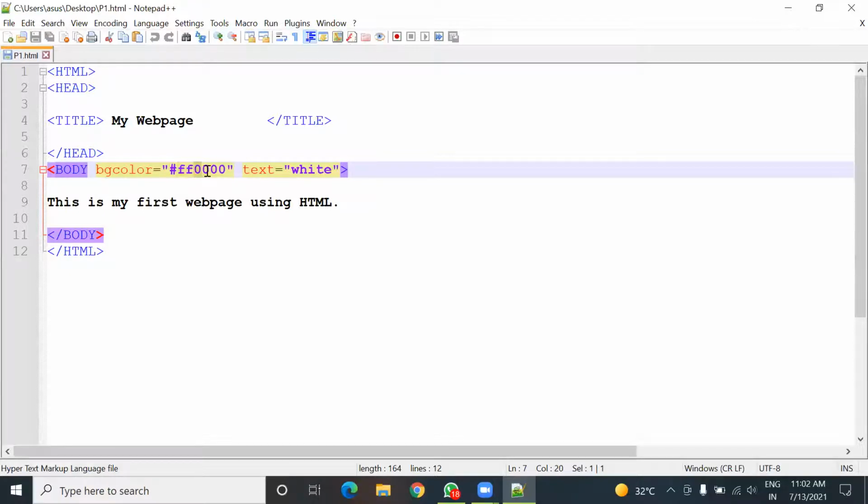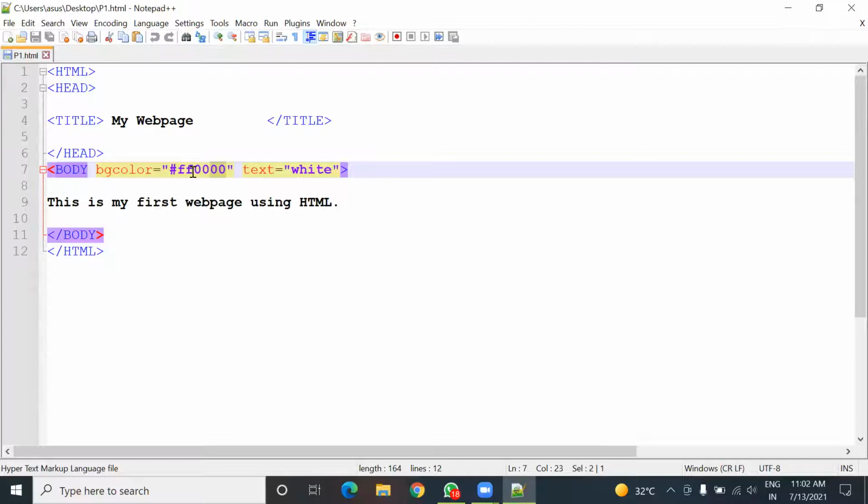The next two values are for green color, and the last two values are for blue color. That is why it is known as RGB format. R for red, G for green, and B for blue.